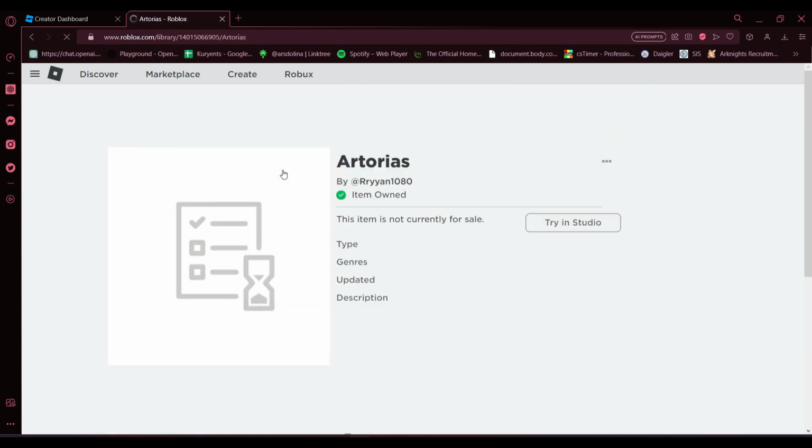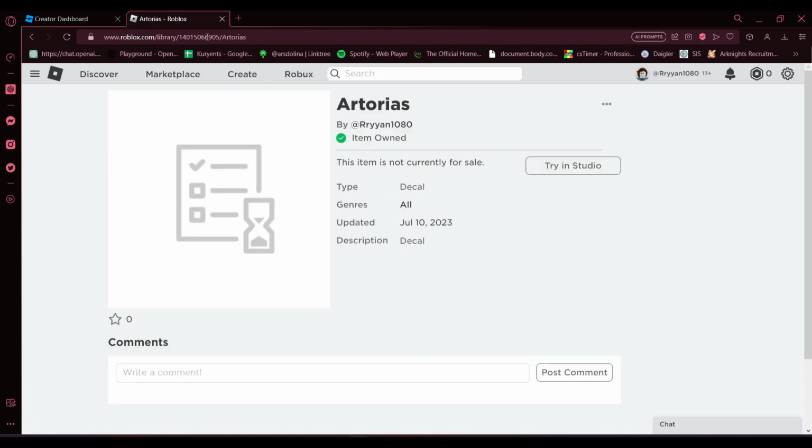Okay. Now click on it and then just copy the link on the search bar and place it in any game that you want. Later on, you can even click on the inventory number itself to search for it at a later